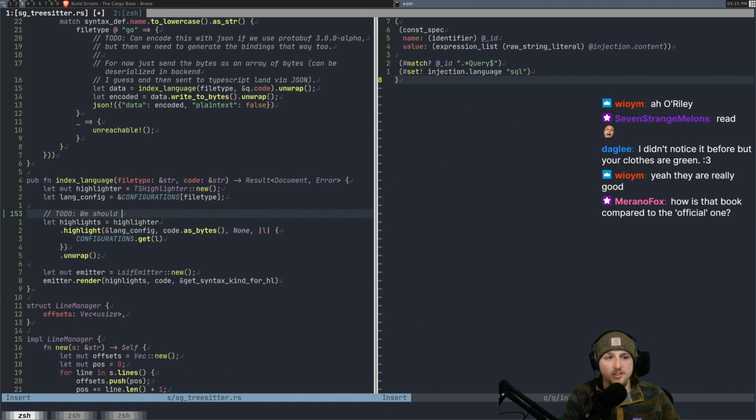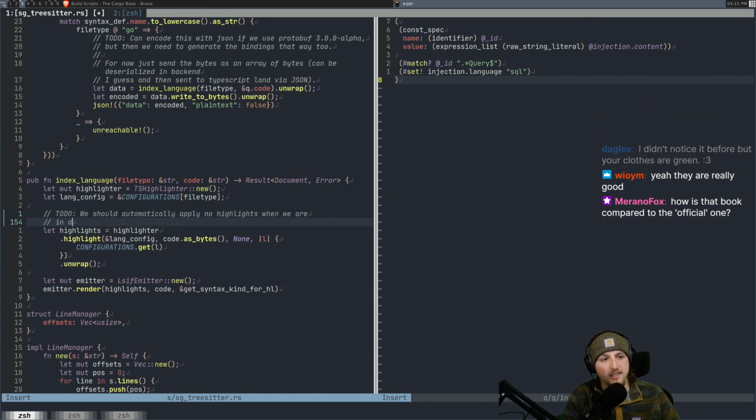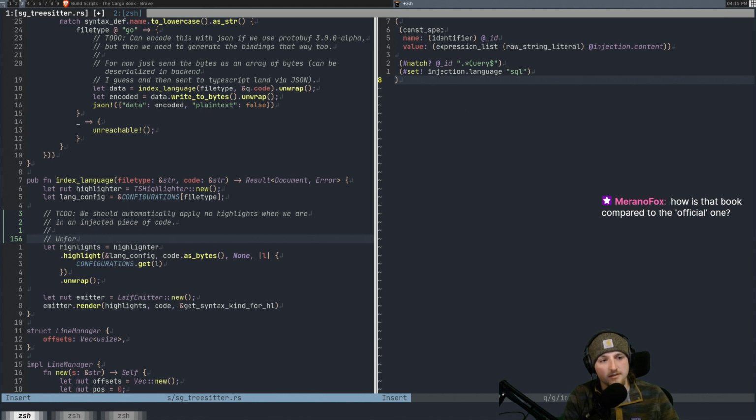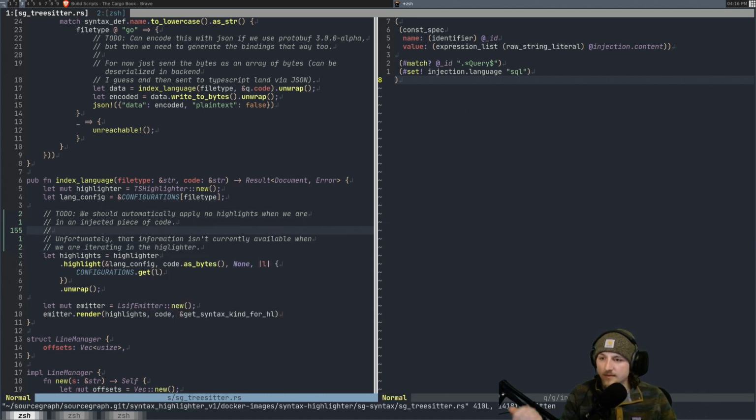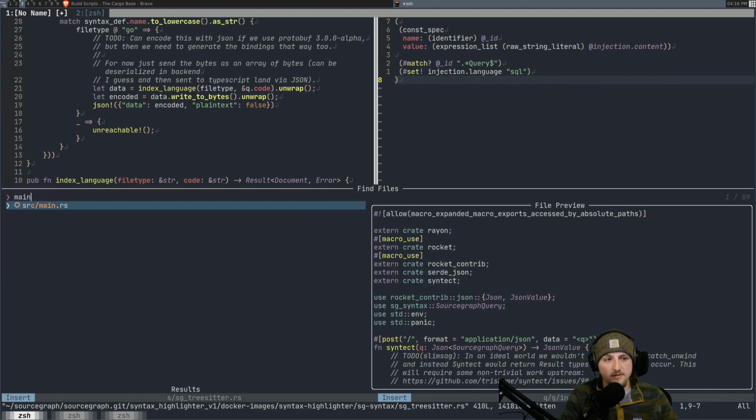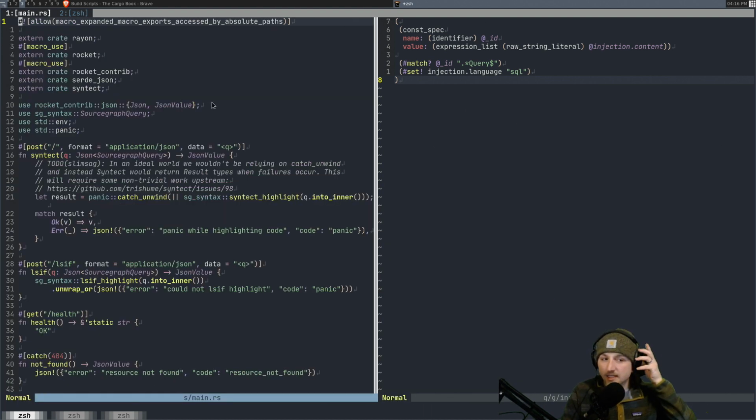To do. We should automatically apply no highlights when we are an injected piece of code. Unfortunately, that information isn't currently available when we are iterating in the highlighter. So I'm not actually 100% sure exactly how it compares or anything, but yeah. Oh, all right. So the other thing we need to do is